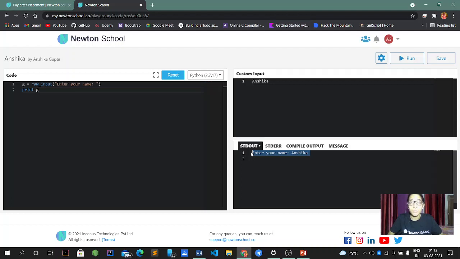The method is different in 3.6 than in 2.7 or 2.5. In 3.6 we use only the input method. In 2.7 we use raw_input, because those two are different. In 3 we use input with parentheses, and in 2.7 or any of the two versions, raw_input is used. Now moving forward to one more program that will run on 3.6.